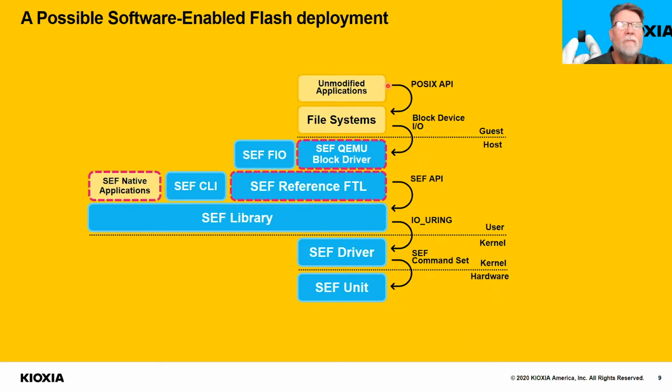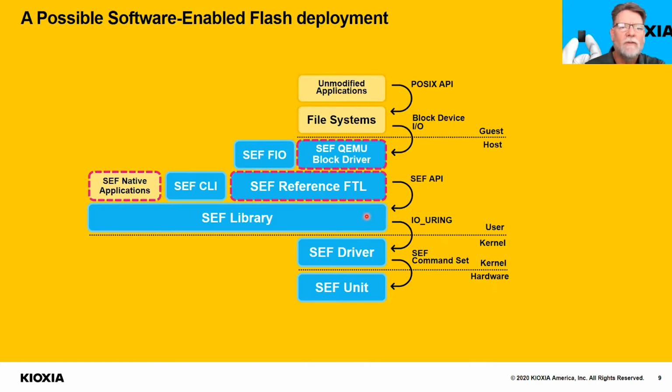Here we see unmodified applications using the POSIX API to talk to a file system. The file system would talk using a block device IO call, transitioning from the virtualized guest into the host system, and would interface with the software-enabled Flash QEMU block driver. The block driver makes use of the reference flash translation layer and then uses the Ceph API to call into